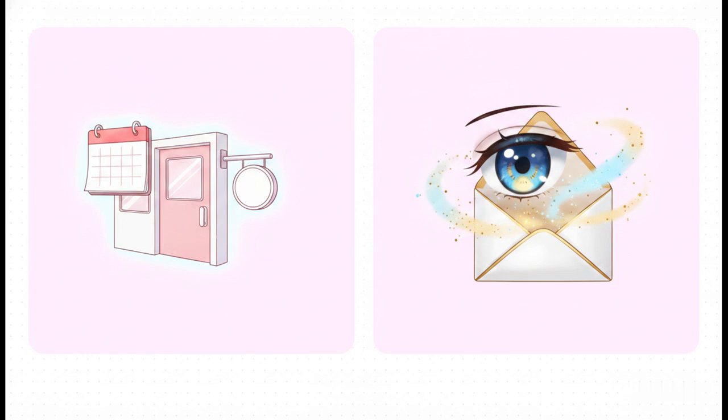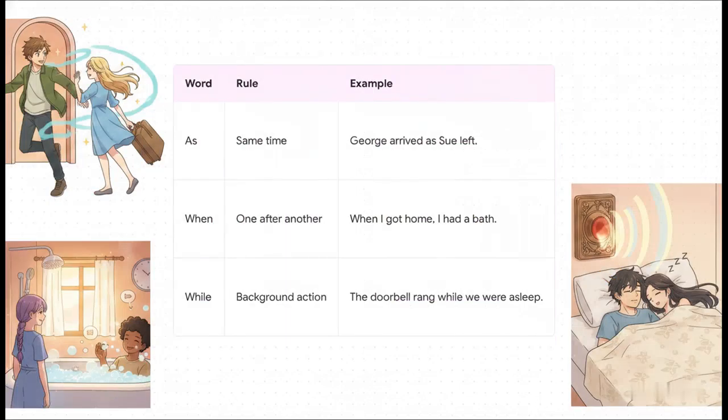I watched her as she opened the letter means these two actions were happening at the exact same time. I highly recommend taking a mental screenshot of the matrix we're looking at because it perfectly breaks down the confusing trio of as, when, and while. It's like a giant puzzle, but the rules are actually super clear.